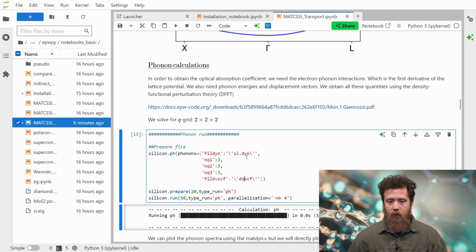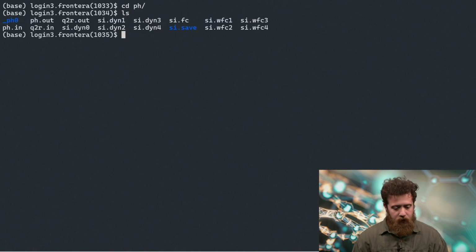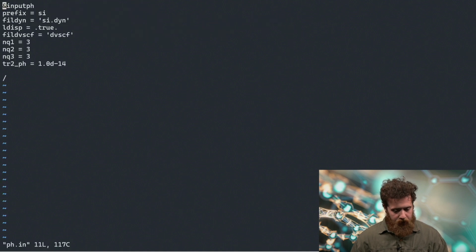So everything is always 3 steps: defining the type of calculation you want to run, preparing your run, and running your calculation. Your phonon calculations will also be accessible from the cluster. You can go to the ph folder and you see that everything is here. So this is the ph.input file that was generated by